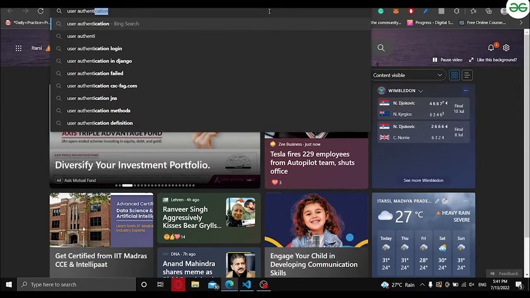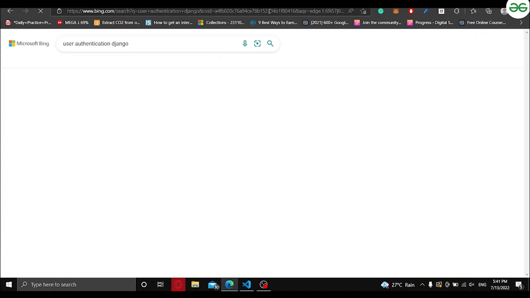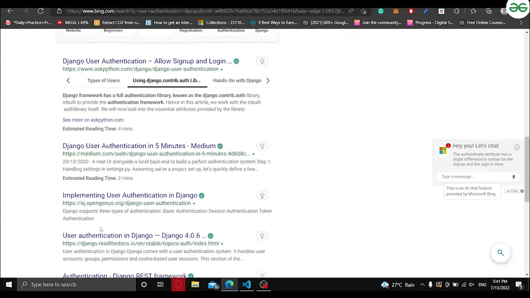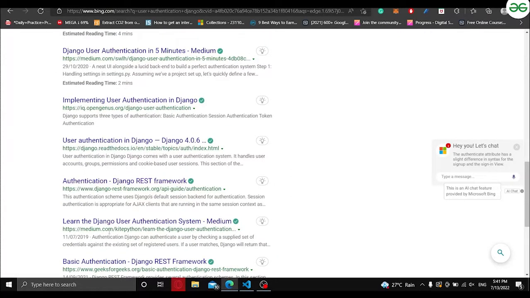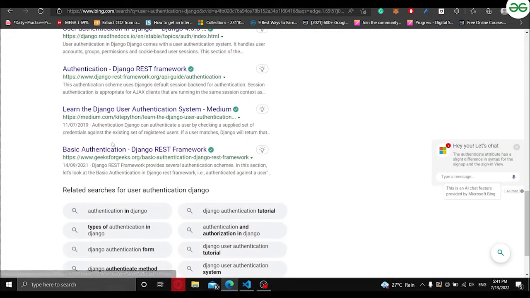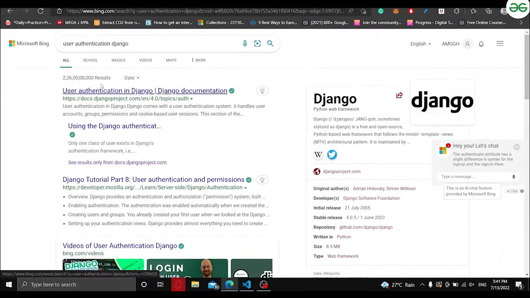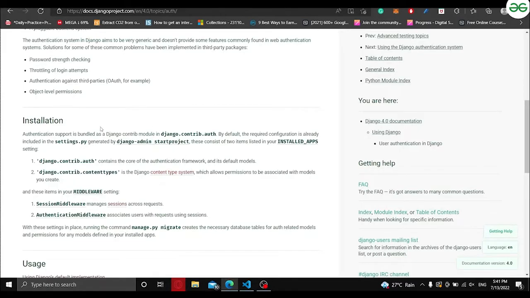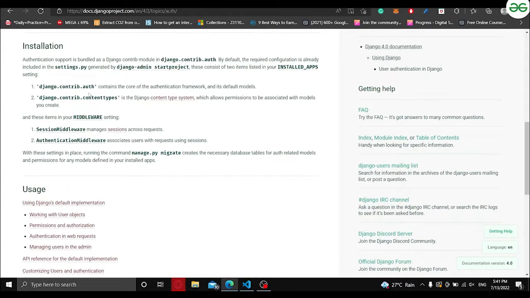user authentication Django. Okay. So if I search this, you can see how to do user authentication. You can just check it out here. We will go to this page, and here we can see it says,